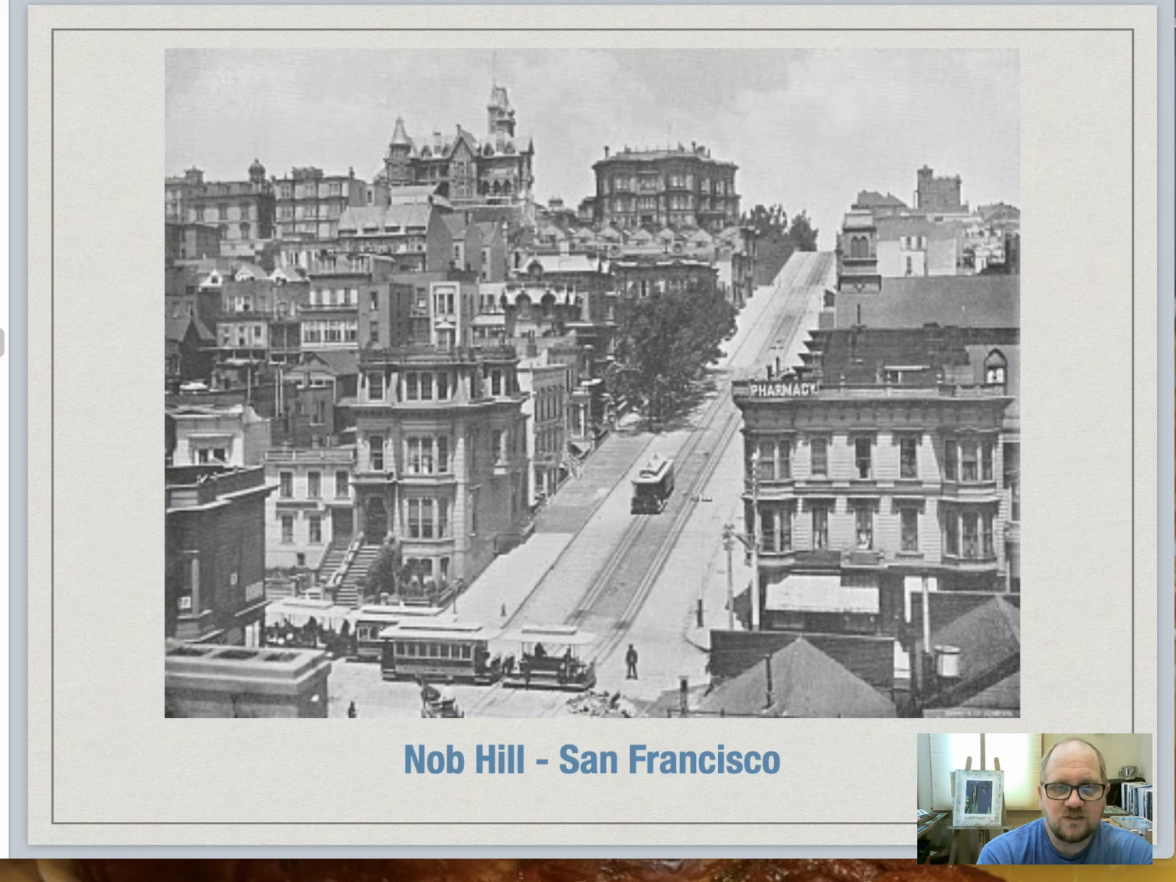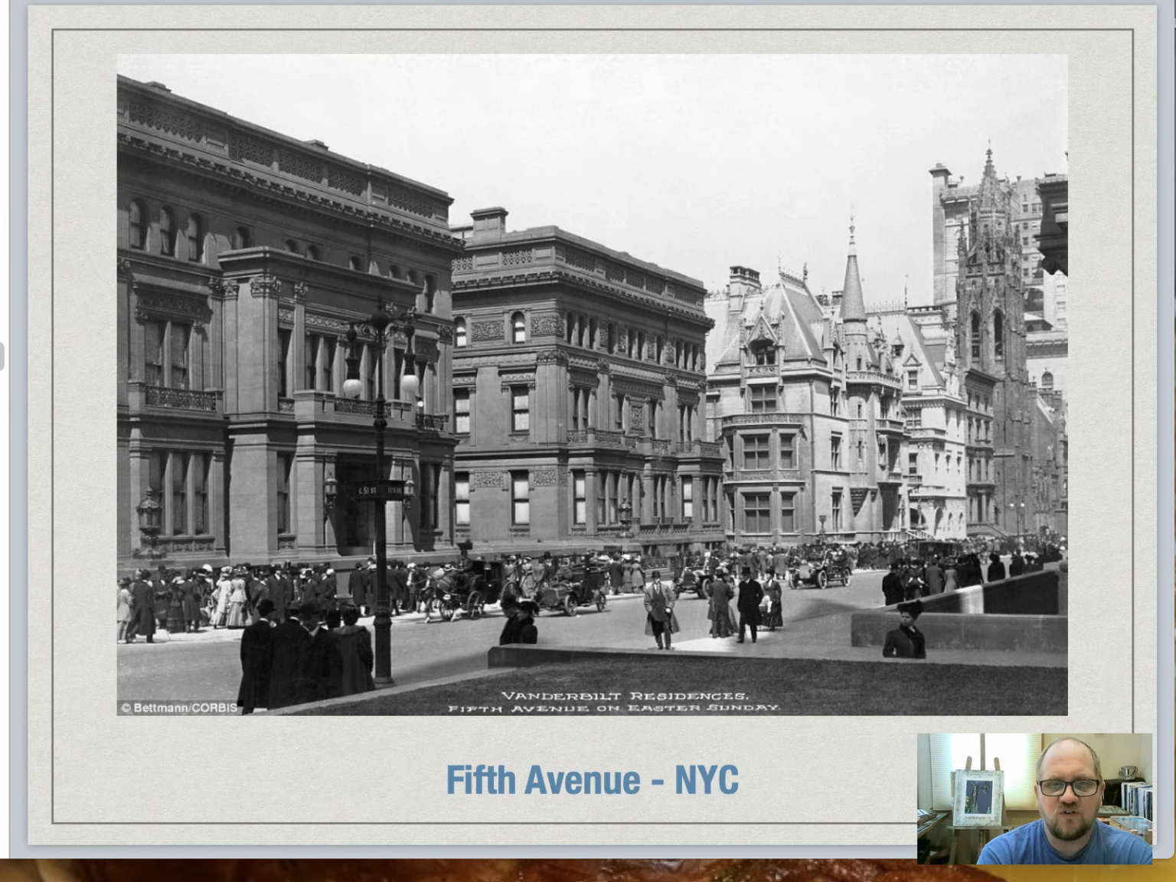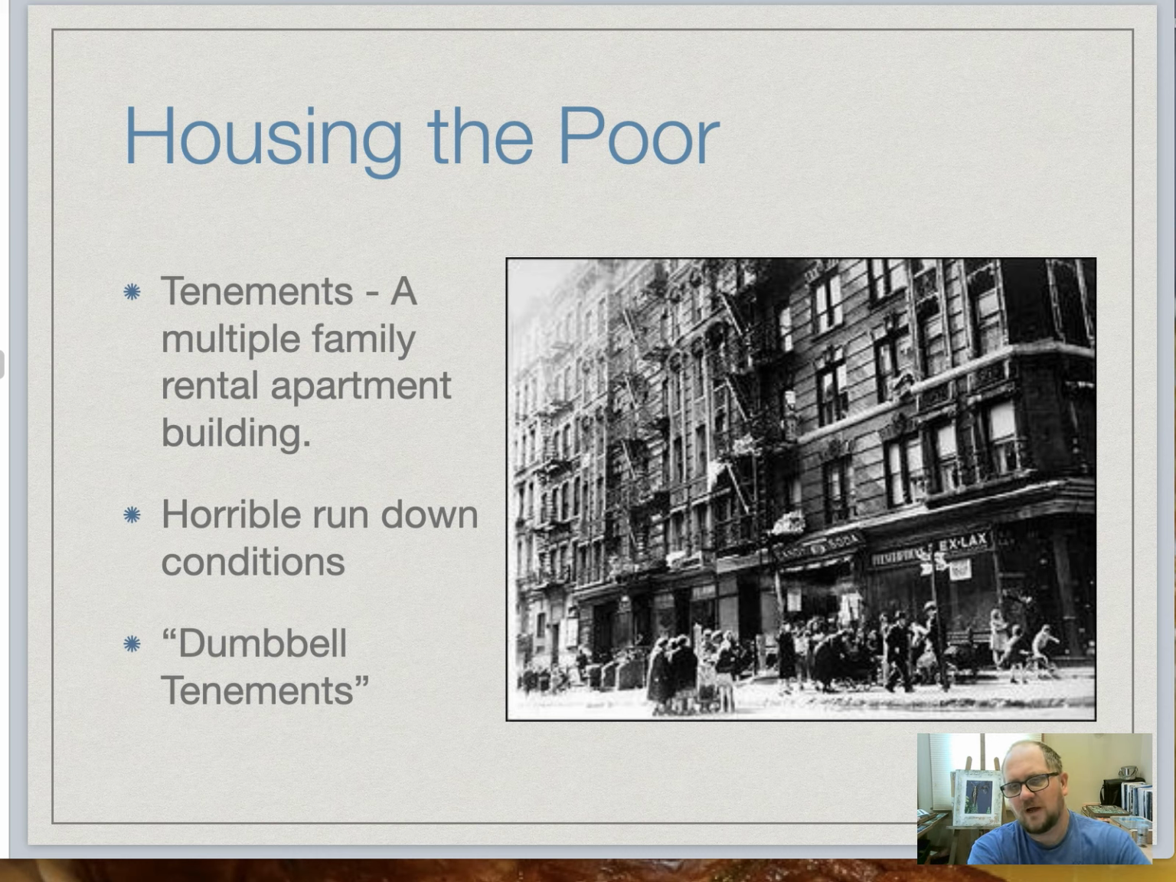You see Nob Hill in San Francisco, some richer, wealthy areas. You see Back Bay in Boston. Of course, Fifth Avenue in New York City. For the most part, though, the poor were the ones who had the bulk of the city, and they lived in these ghettos. And then in those ghettos, there were these large-scale apartments built called tenements. They were horribly run down. They were put up very shoddily, very quickly, with very little attention paid to